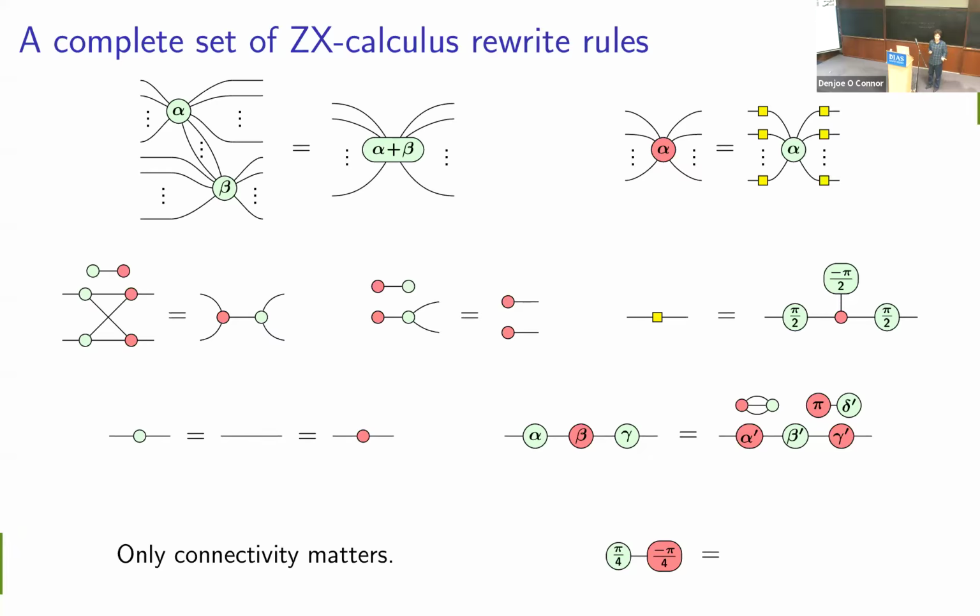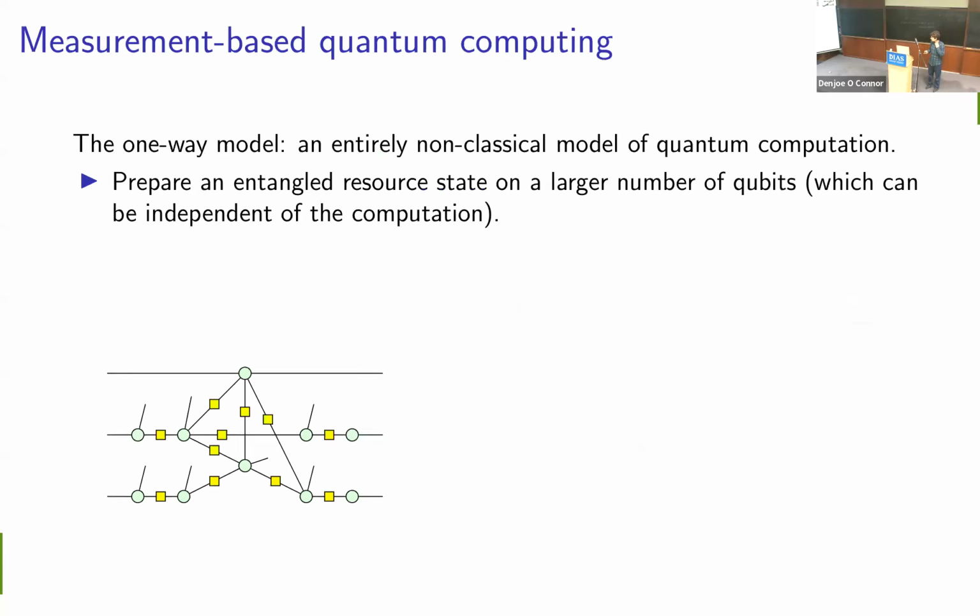But again, at the end, we need to worry about how we are going to get back to something that is implementable on a quantum computer. And so for that, we actually use a different model of quantum computing, which I find really cool. So I wanted to tell you about it.